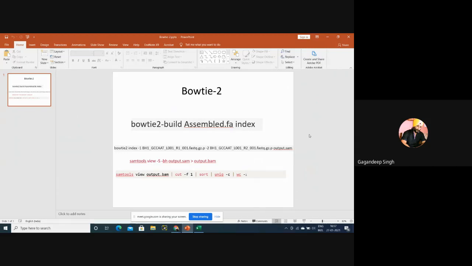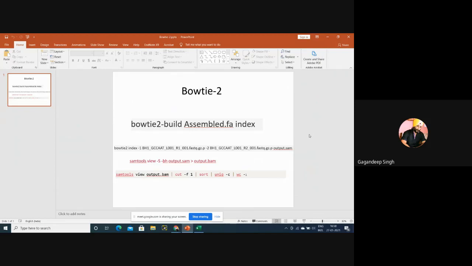what is the first step? The first step is to build an index file. There is a small program inside the Bowtie 2 tool folder, which is there whenever you install Bowtie 2.